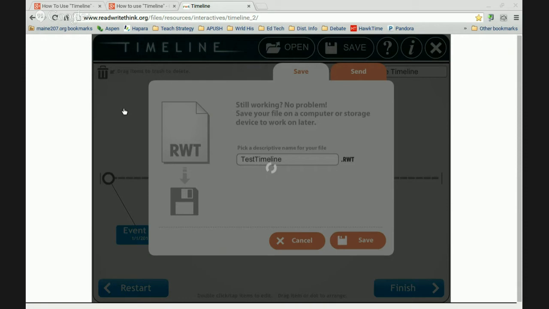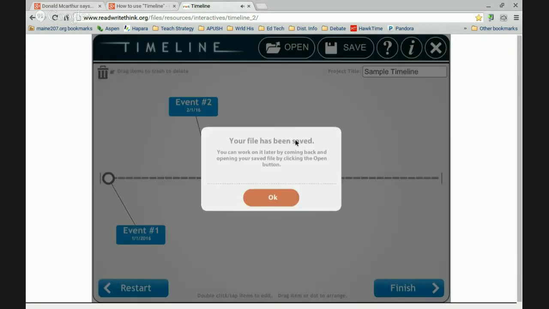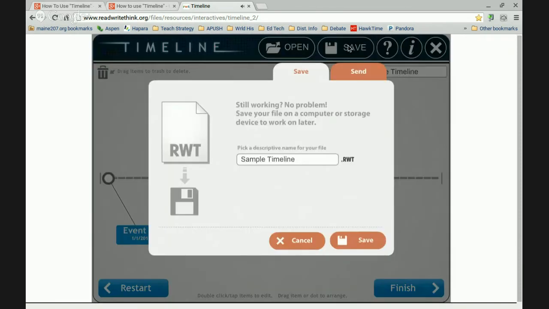So it's going to save to your downloads, so I'm going to save it. Confirmation saying that it has been saved, so make sure you get this message, otherwise it hasn't successfully saved. If you're saving it to a flash drive, I'll show you how that works again too. If you're saving it to a flash drive, it'll pop up